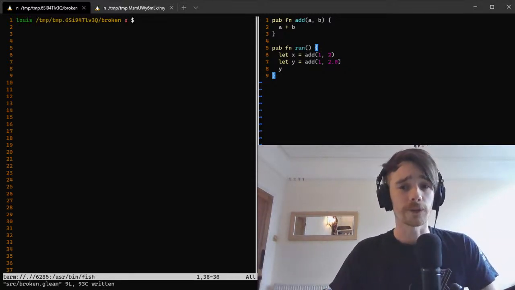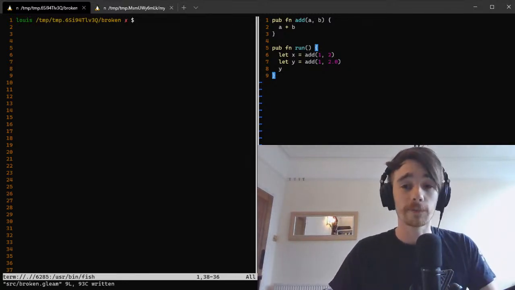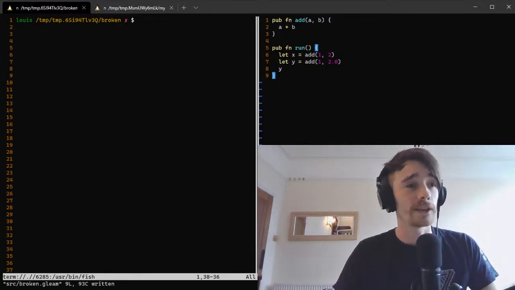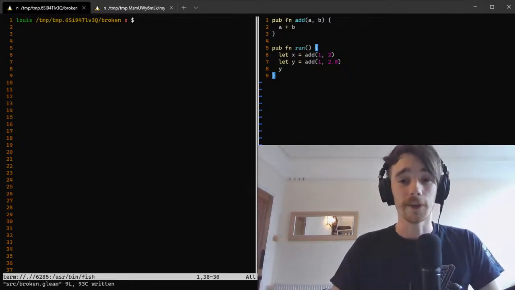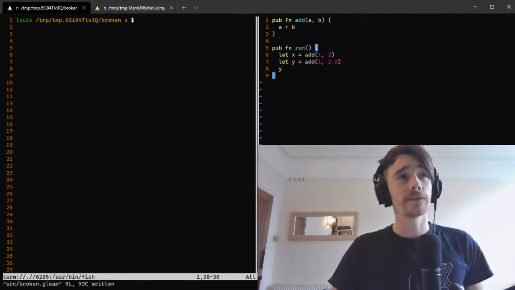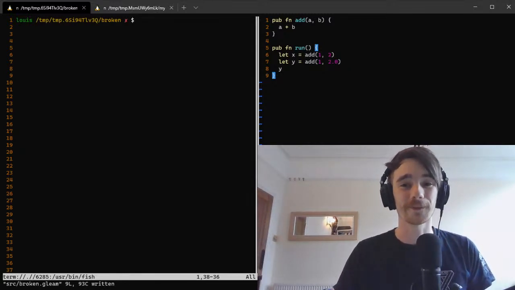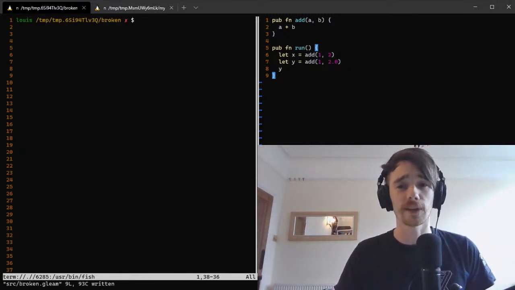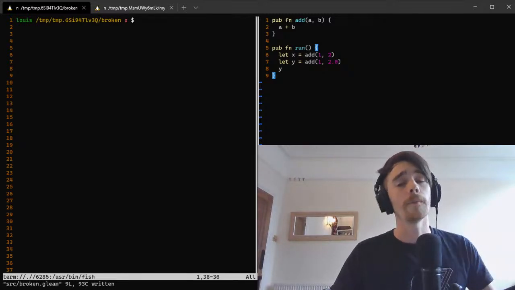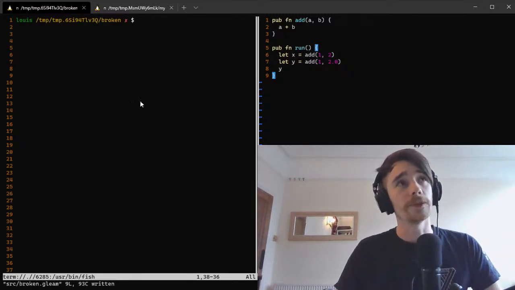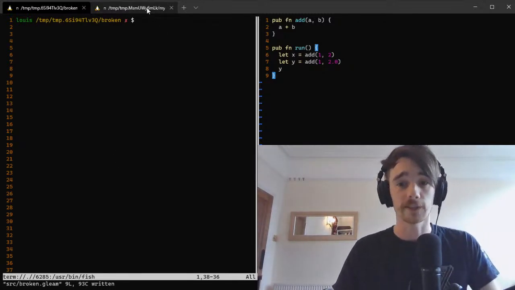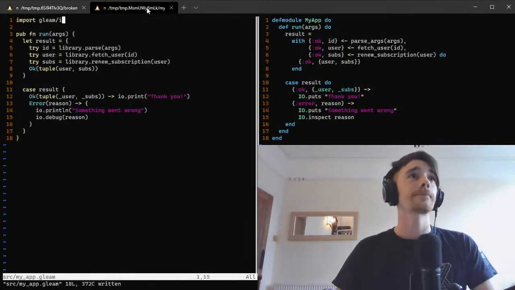Please do feel free to ask any questions in the Discord, and I will answer them. But one thing that people said last time I gave this talk is that there wasn't enough Gleam in it. So I thought I would just show you a few examples so you get an idea of what Gleam is like and how it compares to Elixir, because this is probably the common language here.